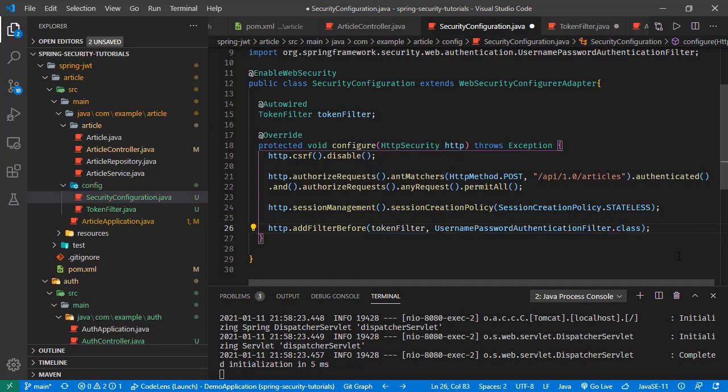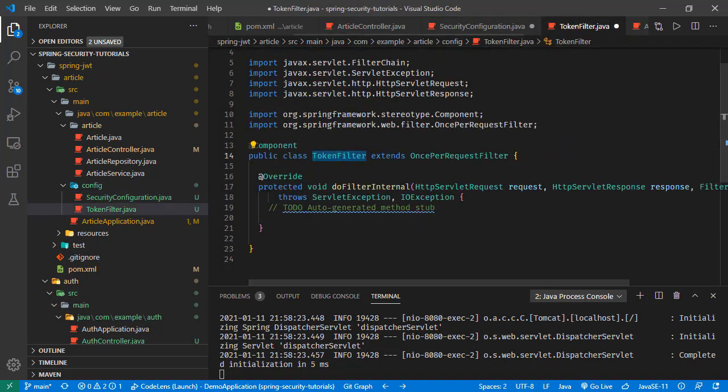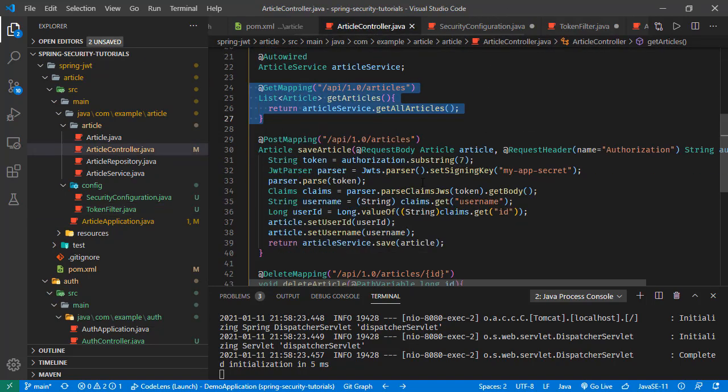So in the Spring Security filter chain, we are asking Spring Security to call this filter before this one. And when a request is coming, this filter will be running, and in this filter we will do the controls